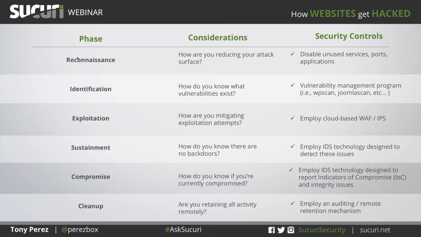And then the actual compromise. How do you know if you're compromised? The most recent study going out right now, from the enterprise down to the small mom and pop, is that most people just don't know they're compromised until they've been notified of it, until the network feels the pressure, they lost $80 million, or whatever the case may be, or they've been blacklisted by Google, depending on who you are as an organization.